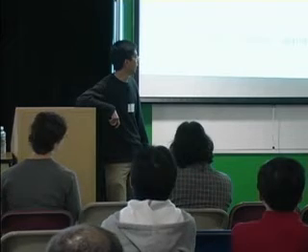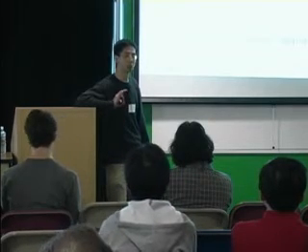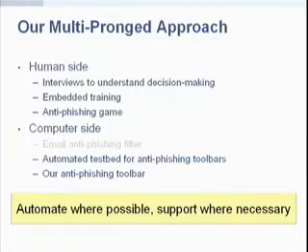So we also have an underlying philosophy here, which is, okay, let's try to automate this where possible. You can think of this like spam filters. You don't want to deal with spam manually yourself, so you would have a filter there that automatically checks it for you and gets rid of it for you. It's the same thing here. We want to use automated algorithms as much as possible to get rid of phishing attacks and protect people from it. But we also want to support people to make better decisions where necessary. So again, have better user interfaces, better training, and so on to try to protect people.